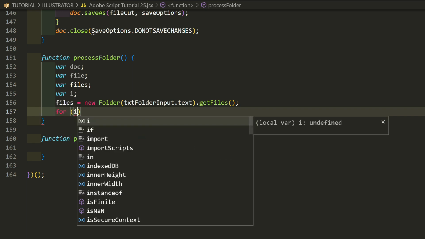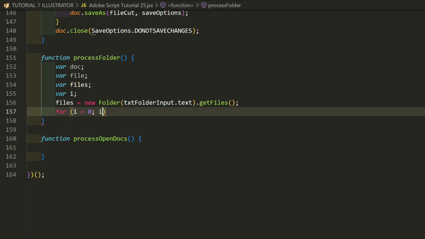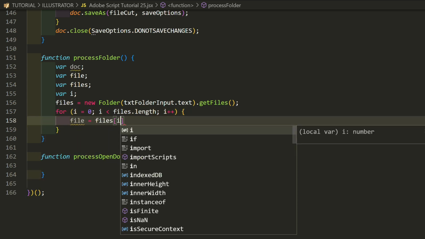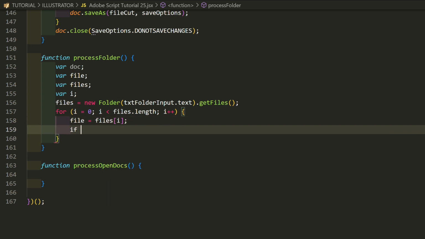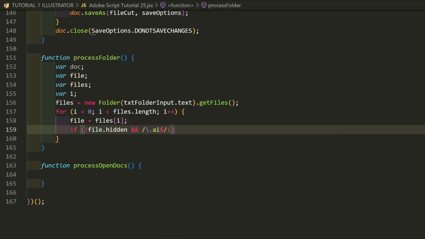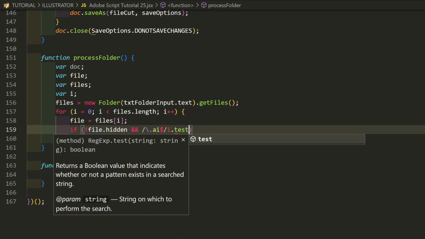For I equals 0, I is less than files length, I++. File equals files I. If not file hidden, and the regular expression period, AI, $ sign for end of string, and I for case insensitive, the regular expression method test returns true if the pattern matches.